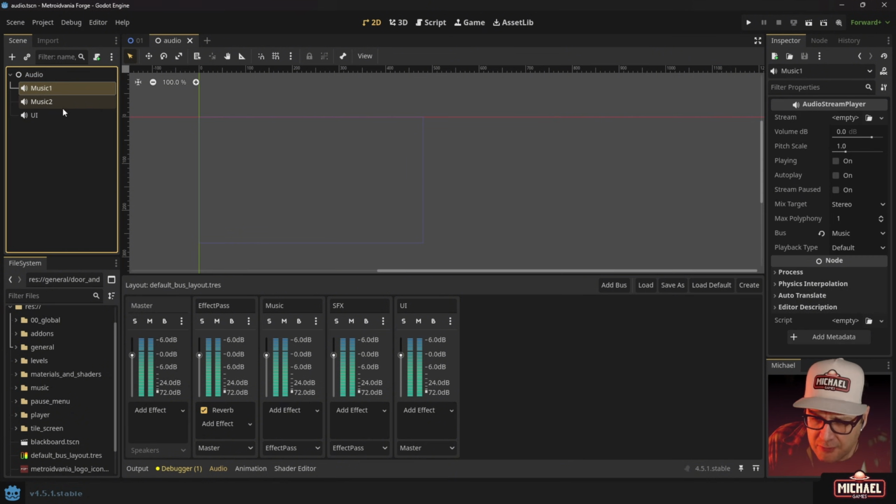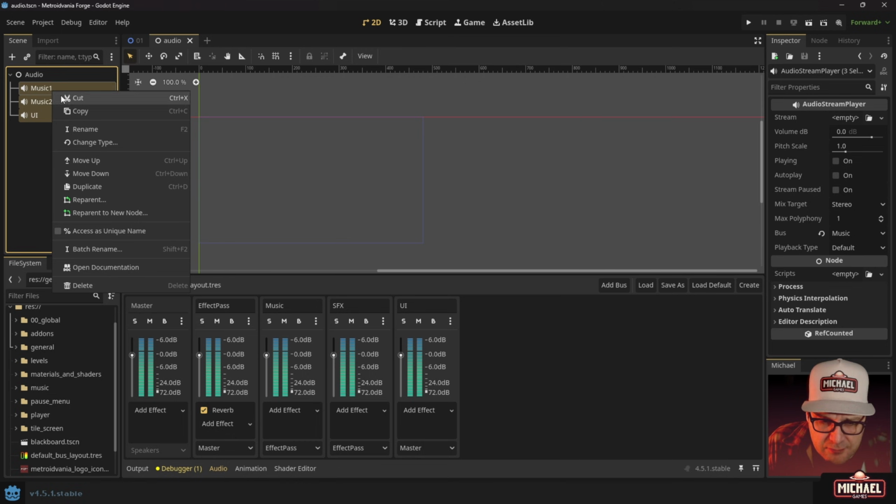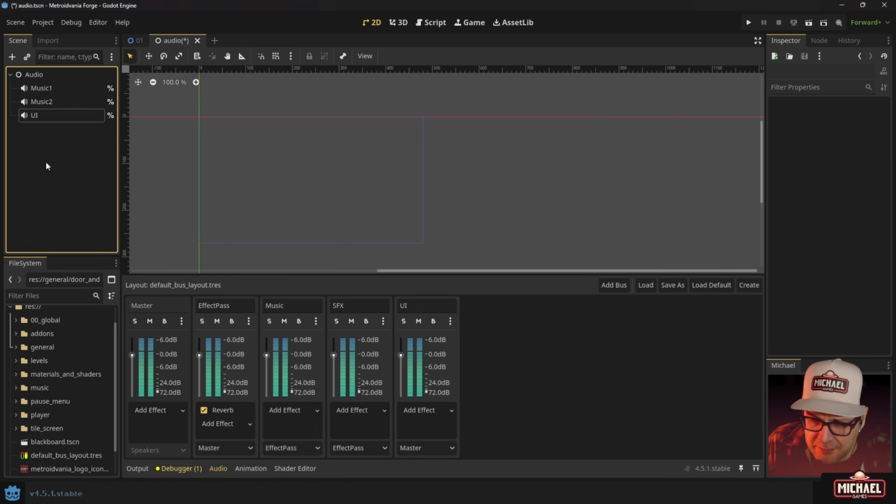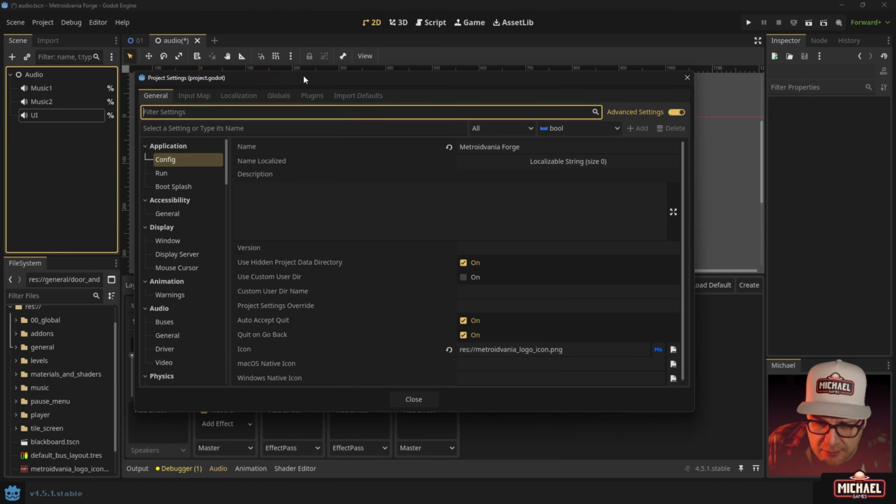We're going to do just a little bit more. I want to select these, and I do want to make it so I can access them as unique name. It's not going to make a huge difference. I just like to do that. And then I want to come in here to my project settings,